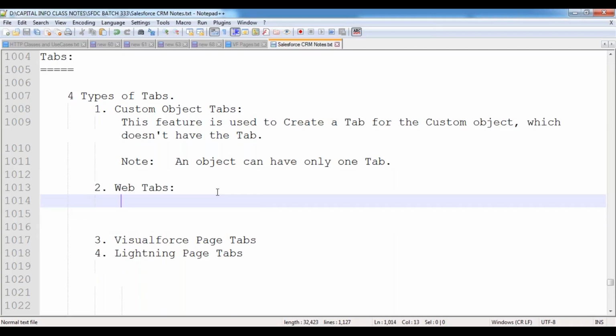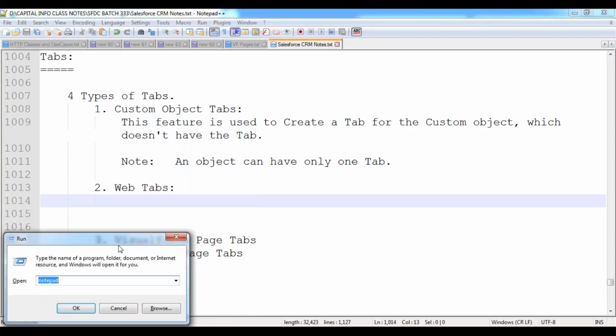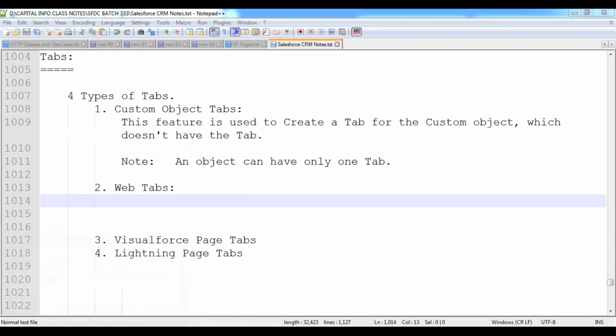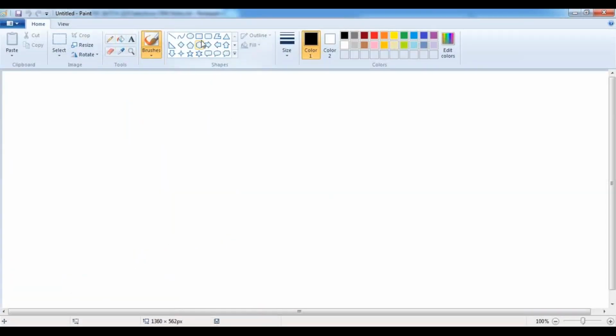Second one, web tabs. What do you mean by this web tab? Now let me explain. For example, assume that I have a tab bar.